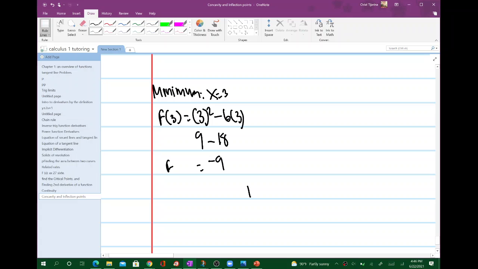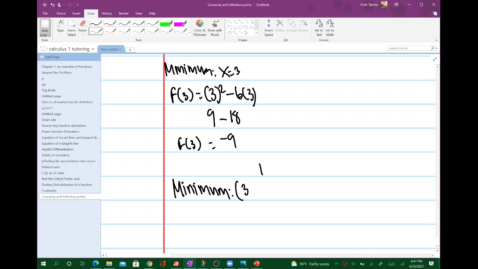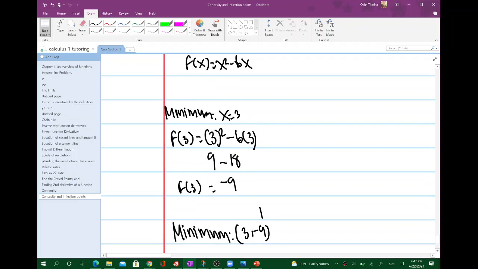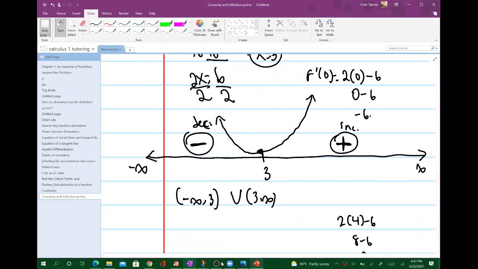So this is f of 3, right? Now, that means that the minimum will be at the point 3, negative 9. And so that is for part